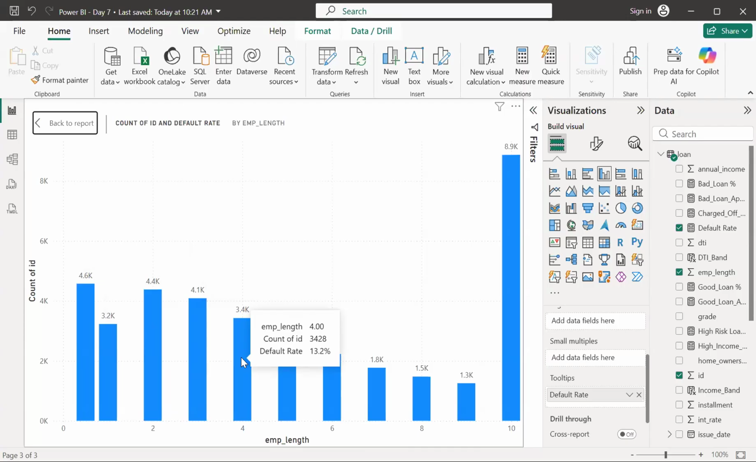Okay, so I cannot say that with more years of experience we can assume that the default rate will decrease. Because you can see, guys, that with 2 years of experience it decreases to 12.8%, but then again it increases to 13.4%. Now again with 4 years of experience it's 13.2. It means, guys, that even after so many years of experience, even after working, let's say, for multiple years in a